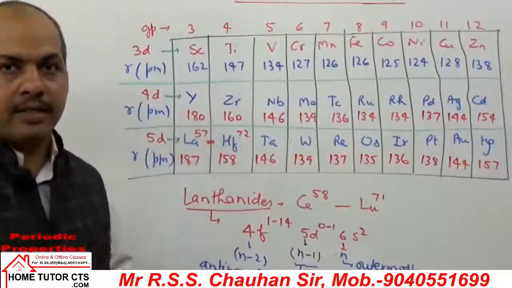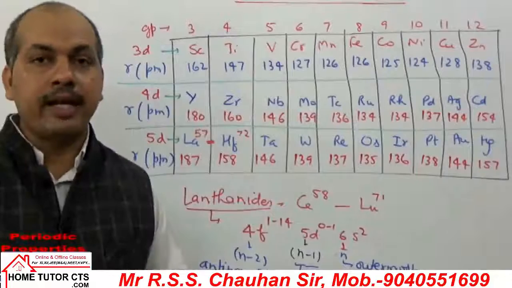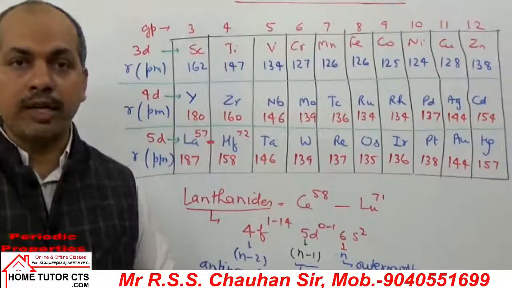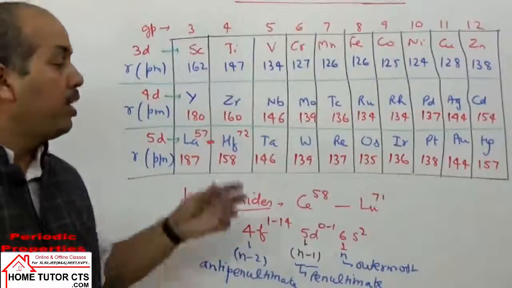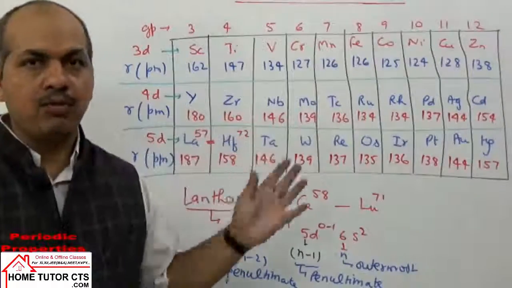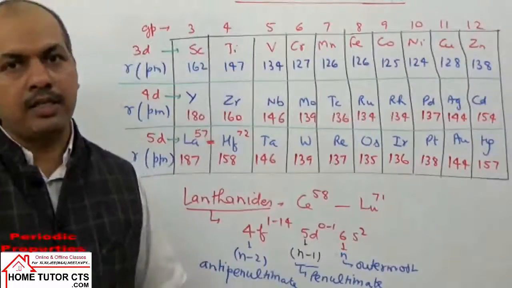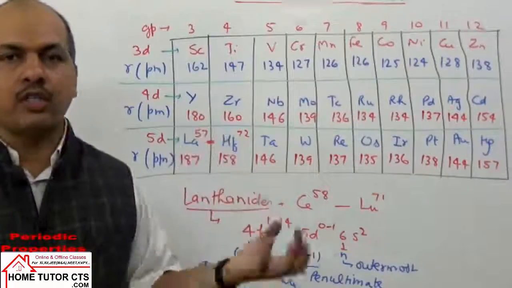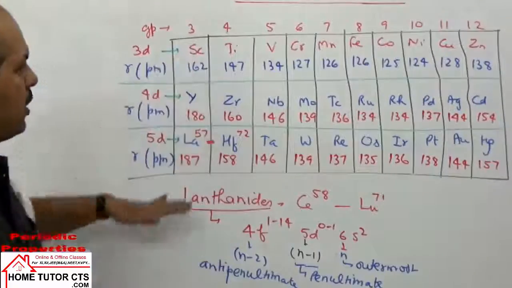यहाँ shell बढ़ा आपका, फिर भी क्या आपका हो रहा है? यहाँ पर size almost same रह रहा है. क्यों रहता है? Because of f orbitals' much more poor shielding effect. The electrons in the outermost shell experience more attraction, and that more attraction will balance the effect of addition of extra shell. For that reason, the size of element becomes almost constant in the given series elements. I hope you got this point. In short you can say it is because of lanthanide contraction. Fine. So that is the variation.